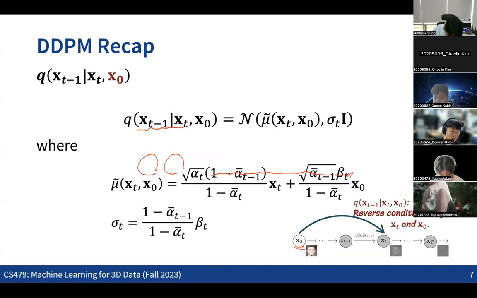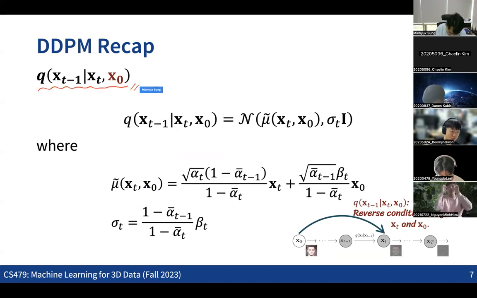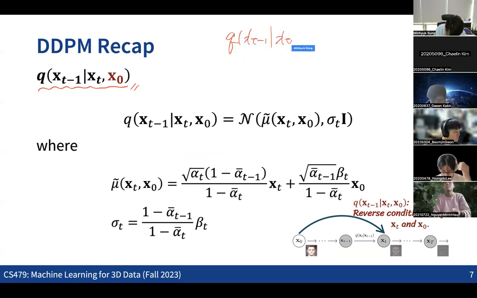From the diffusion process, we were interested in the following. We cannot directly estimate the parameters for the conditional probability of xt minus 1 given xt, which is the reverse transition, right? How we get the probability of xt minus 1 given xt is something we want to know to run the reverse process. We also want to model this as a Gaussian distribution, while we don't know the mean and the covariance.